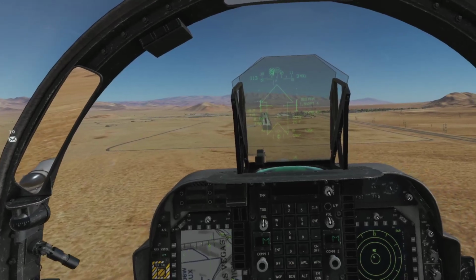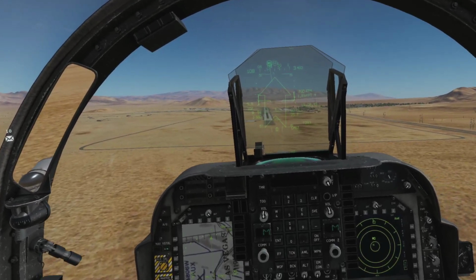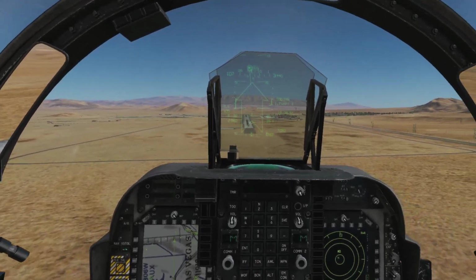421, check landing gear. Wind 129 at 5 meters per second. Runway